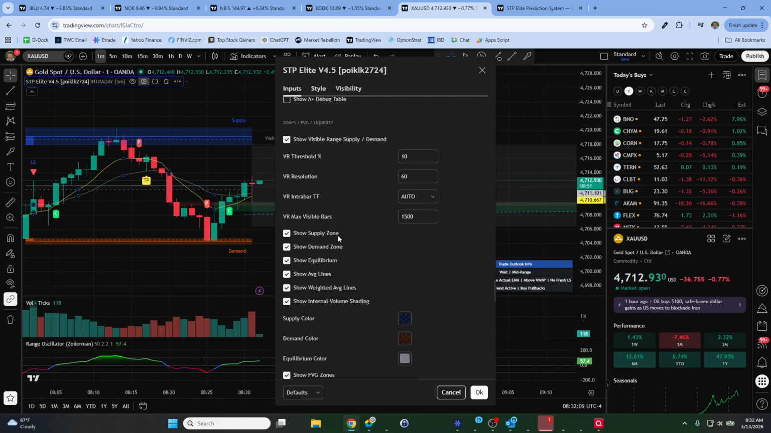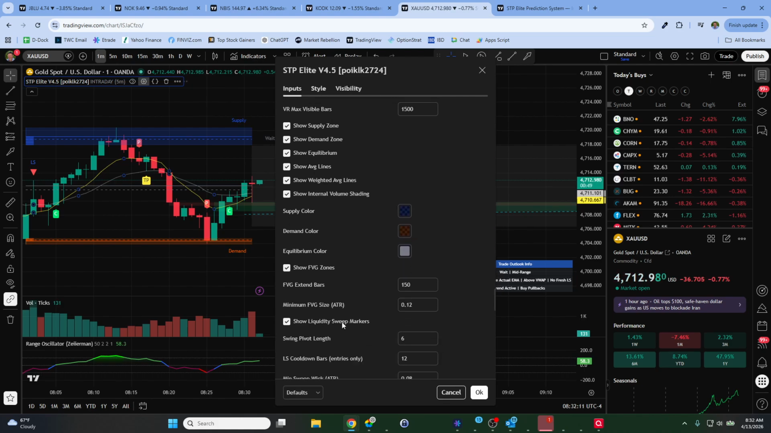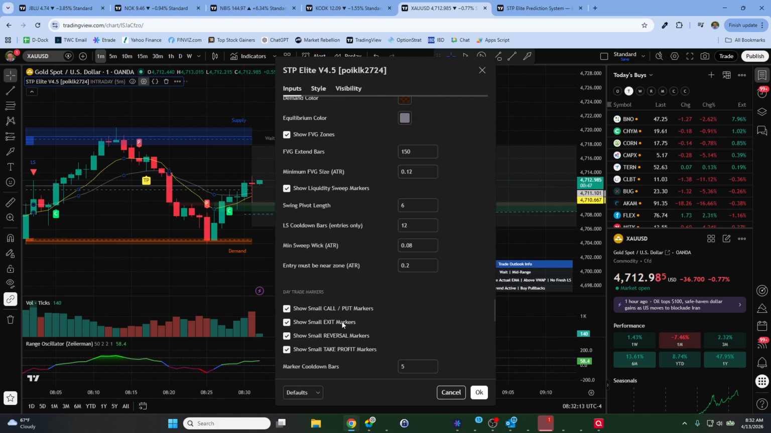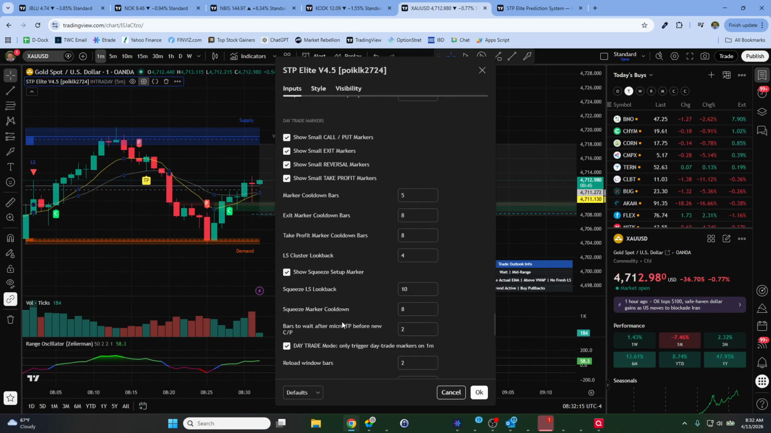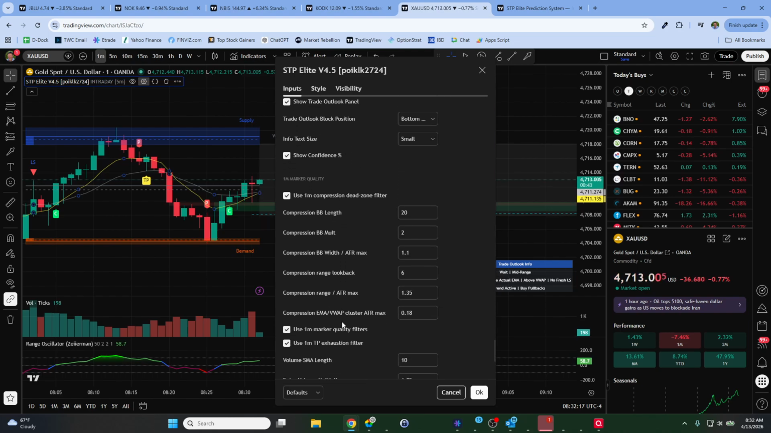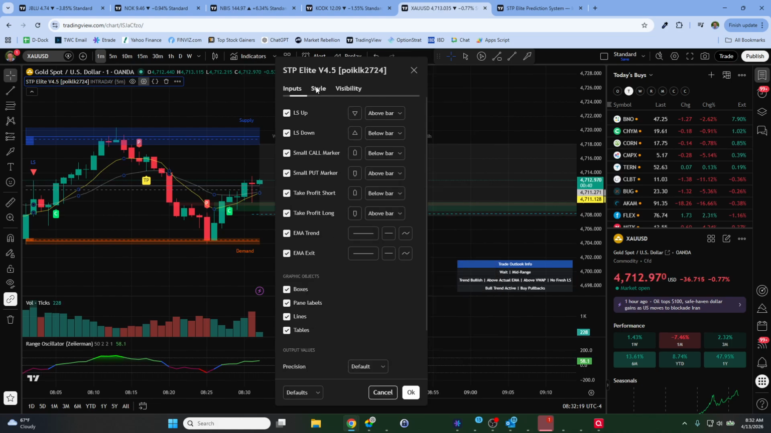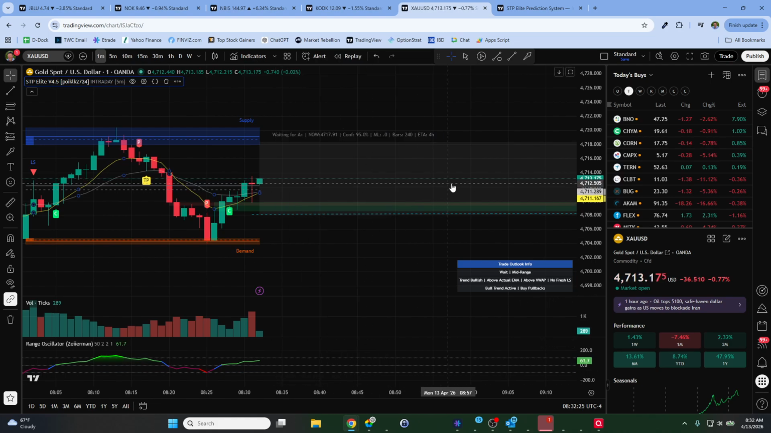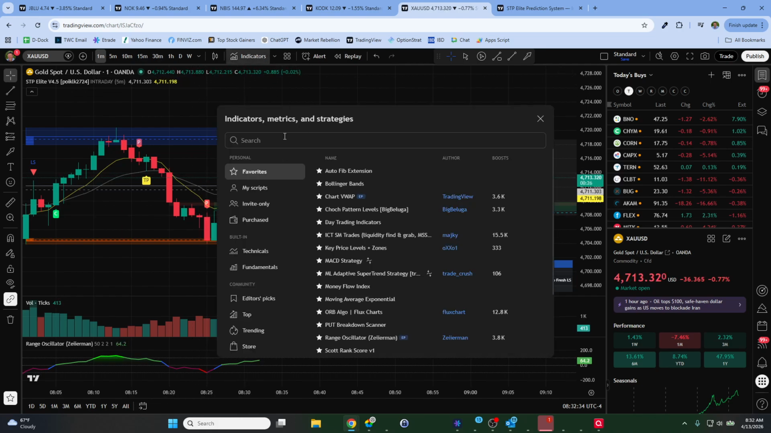You can show your supply and demand zones. You can take things out. You can show your levels, your support and resistance levels. There's all different kinds of settings in here, as well as you can adjust the styles. You want to show it below, above, the line trend colors. So you have that, as well as you can also add other indicators on top. Let's say you wanted to have